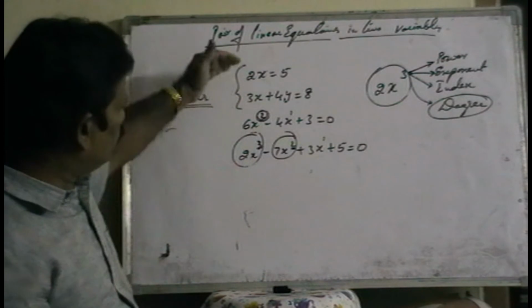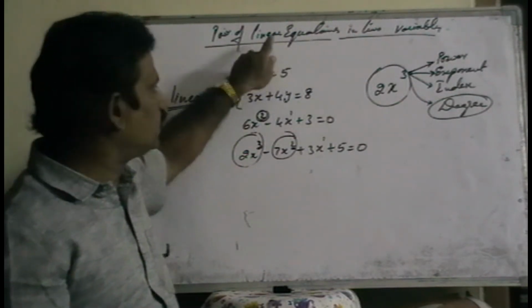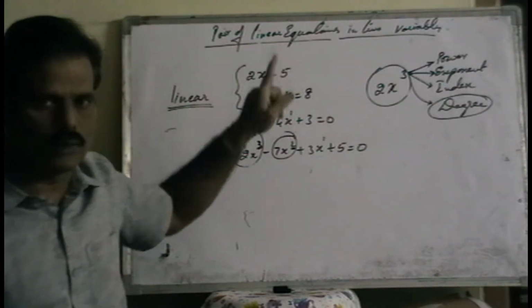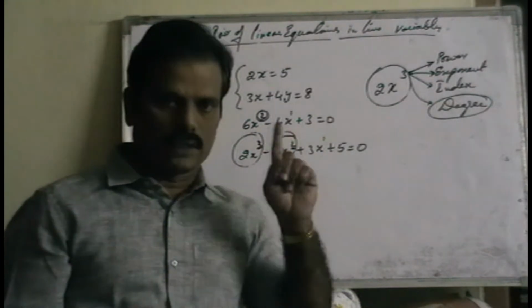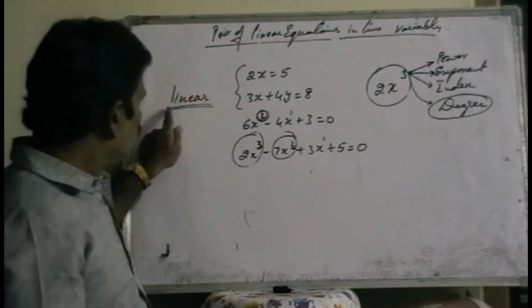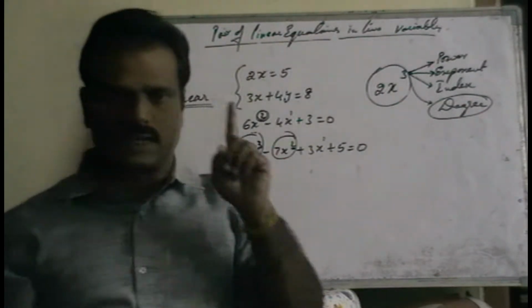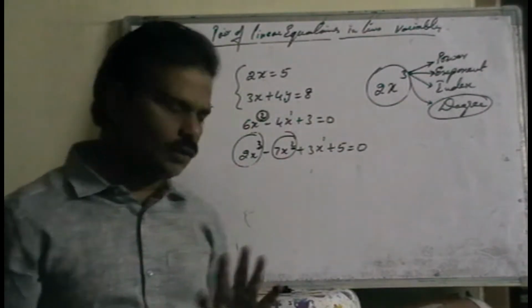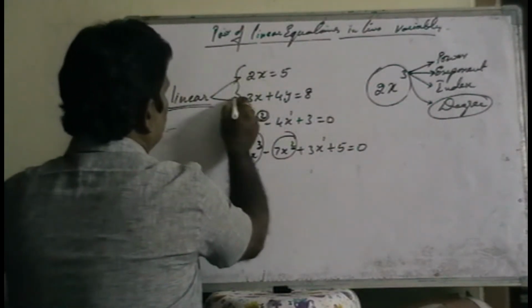So linear equation means what? Here it is compulsory: it depends only on the first degree. Equations of first degree are called linear equations. Listen, main important topic: a linear equation means an equation which consists of a first degree. Okay. Linear equation. Here it is also a linear equation.